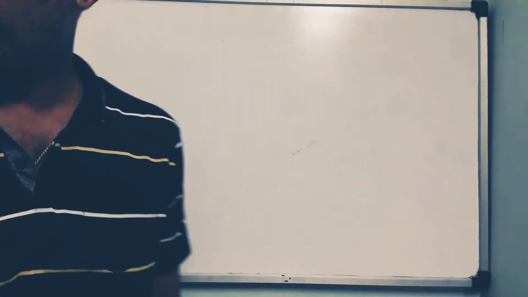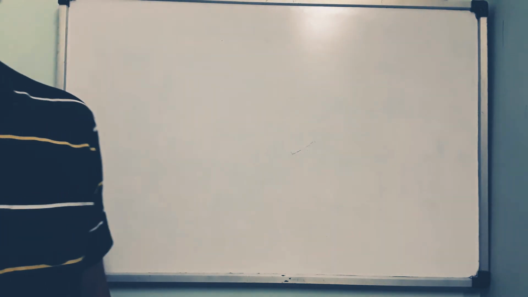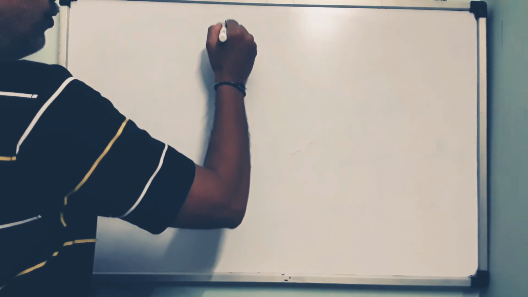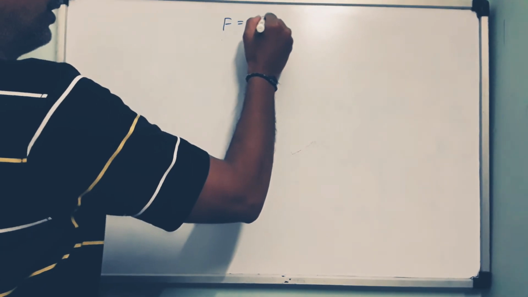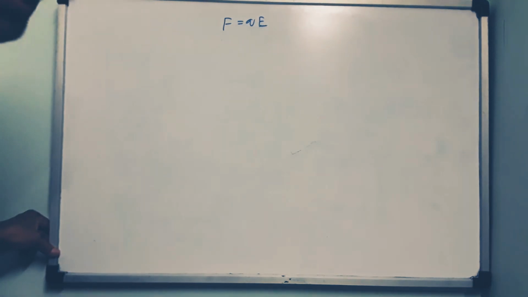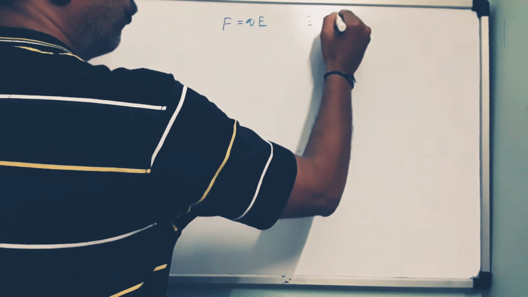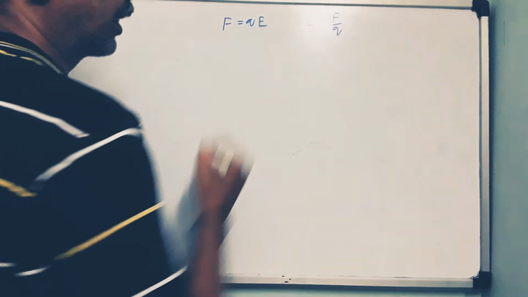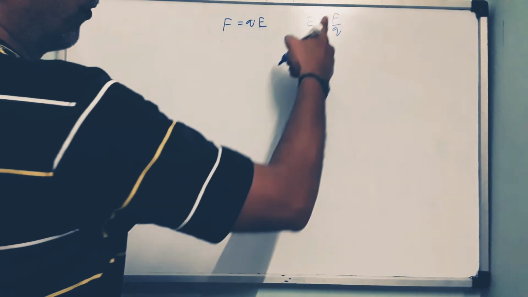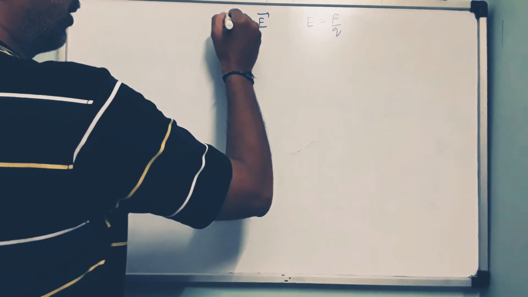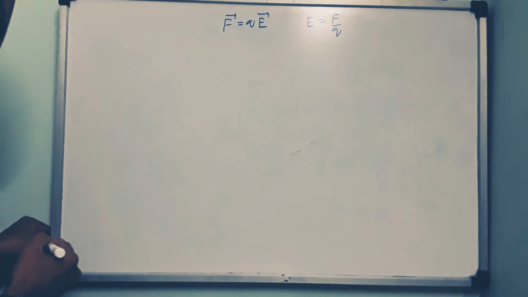Children, you have learnt about force on an electric charge in the electric field. Okay. How did you write that? Force F equals Q into E. Where did I bring it from? I did not bring it from anywhere. It is the definition of electric field. Force per unit charge is known as electric field. So therefore, force is nothing but charge multiplied by electric field. Electric field is a vector quantity. Force is also a vector quantity.